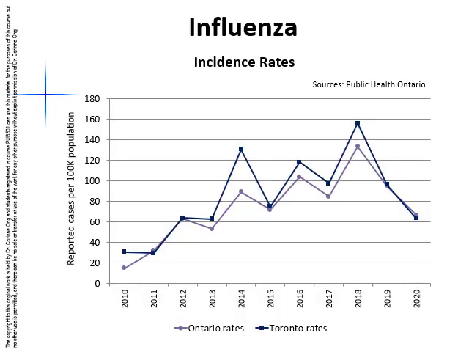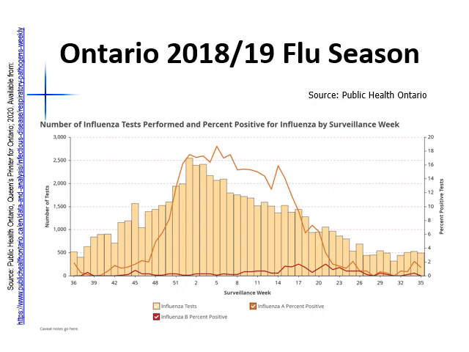This is the epidemiological curve of influenza over the past decade for Ontario and Toronto. As I mentioned on the past slide, the incidence rate in Toronto is slightly higher than the Ontario rate. The incidence rate also increased over time in both Toronto and Ontario. If we look at the epidemic curves in Ontario in the same flu seasons as Canada, we can see that